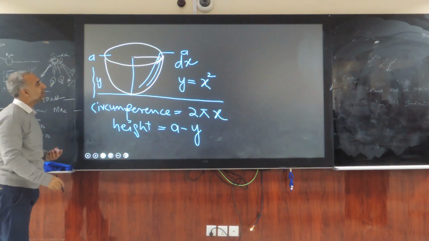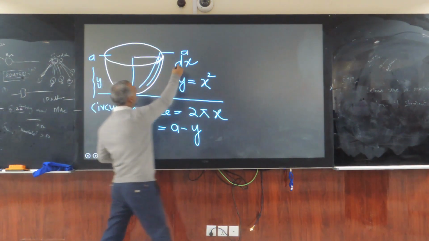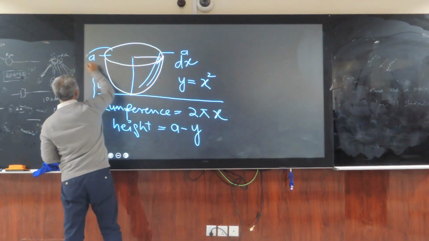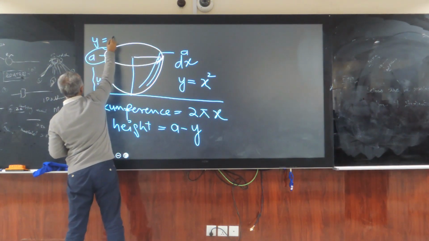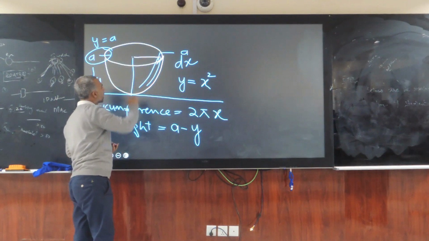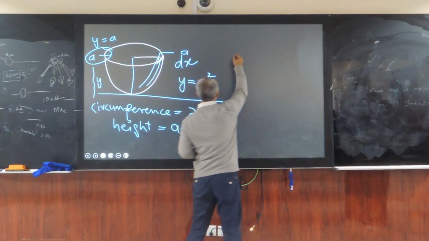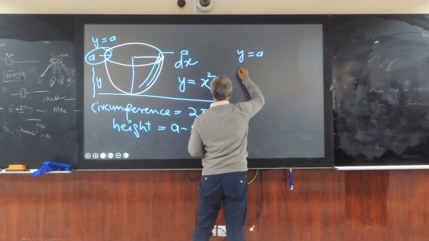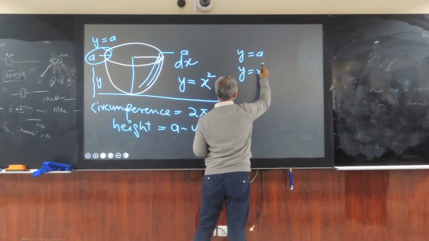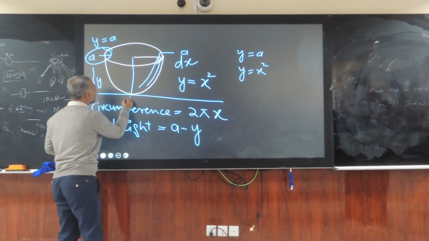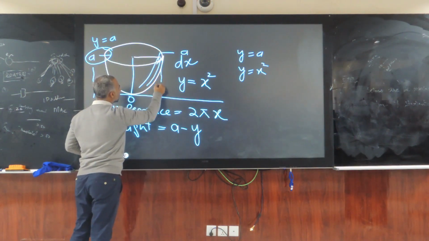At the maximum height, y equals a, so its range from bottom to top is y equal to a and y equal to x square, so along the x-axis from this point 0 to this position,